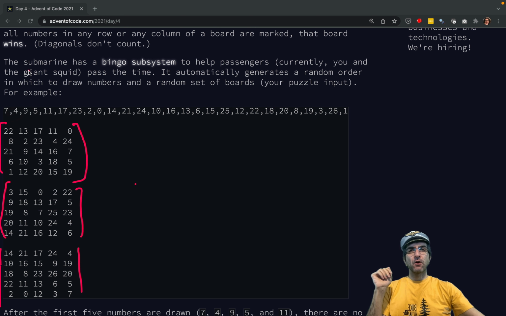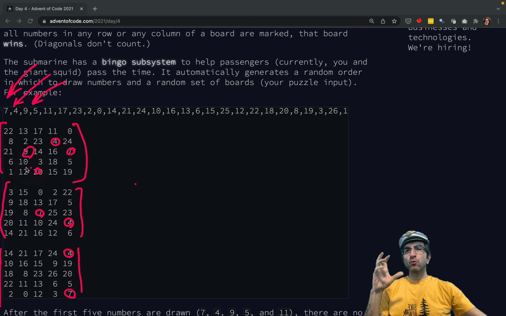First, she announced 7. You will go and check, okay, 7. I will mark my 7. The next person will mark her 7. And the next person will mark its 7 because we are playing with a squid. Then the announcer will announce 4. You will go and search. Okay, I have a 4. You may not have it. This guy also has it. This one also has a 4. 9. Everyone will mark 9.